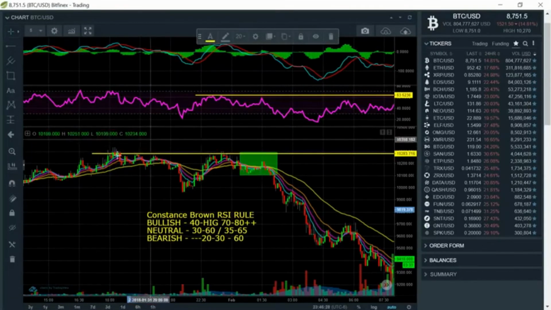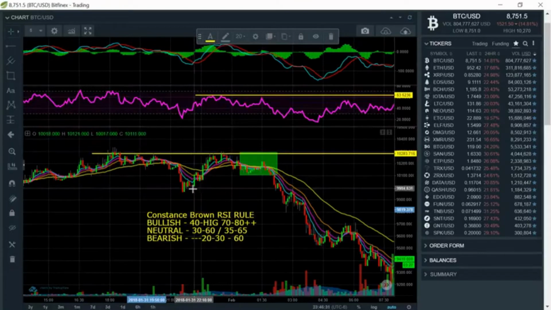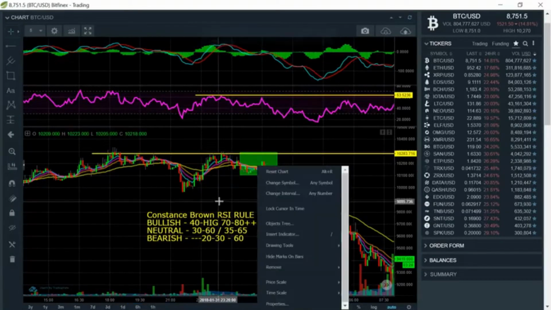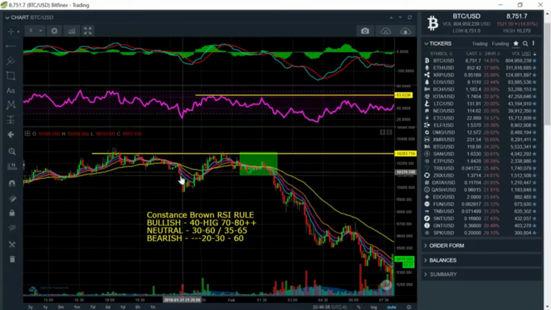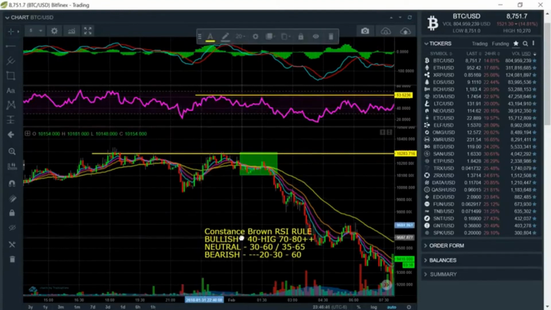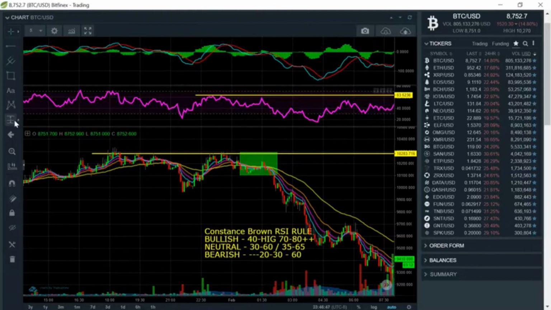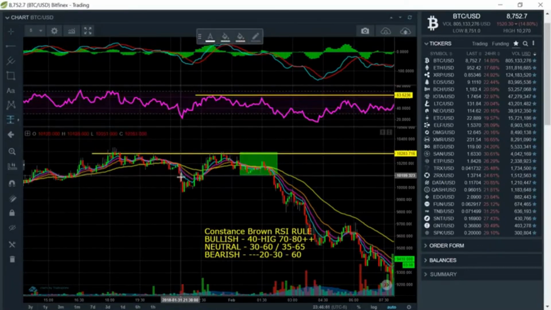So the moment that this area was formed and we downtrended and then we saw it come back up here, we saw it come back up here, right? A lot of people actually would have entered into a short position right here. So a lot of people, trust me guys, went into a lot of short positions right here, and I will explain why. So let's say that we went into a short position here because first of all, there are those